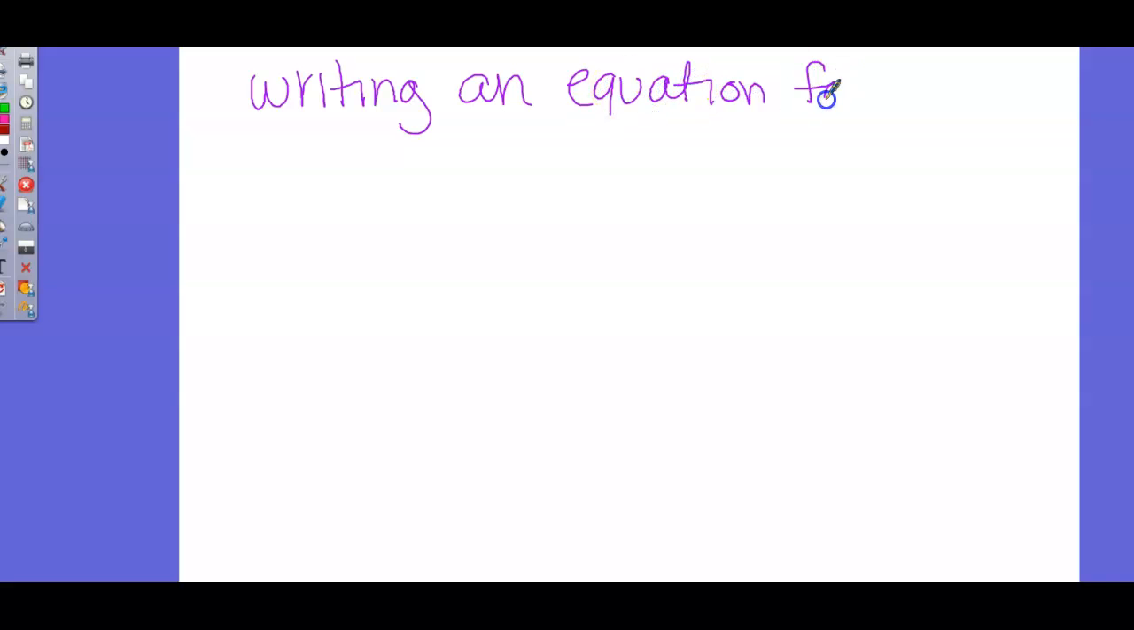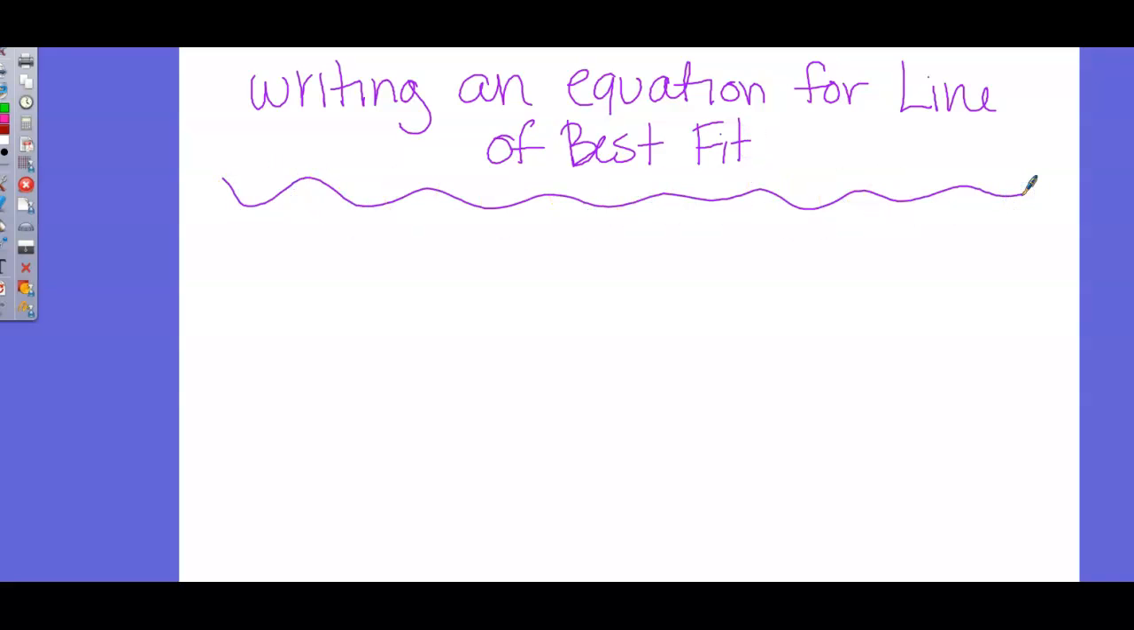Writing an equation for line of best fit. And there's actually going to be 6 different steps, so I might have to erase some as I go so that I have enough room. So your first step,